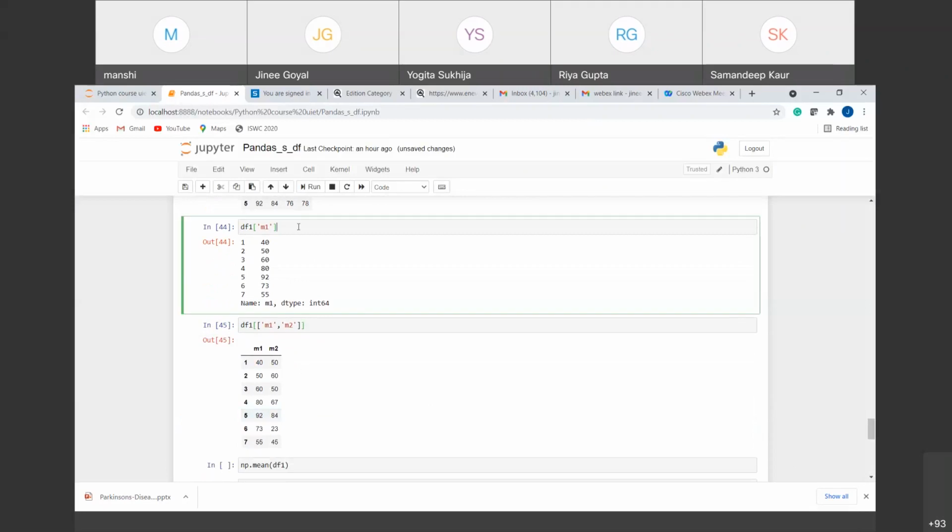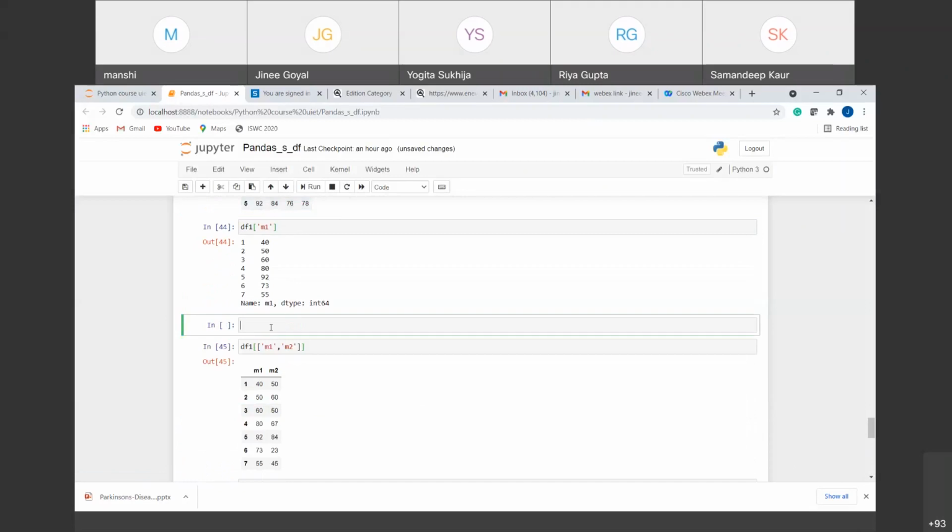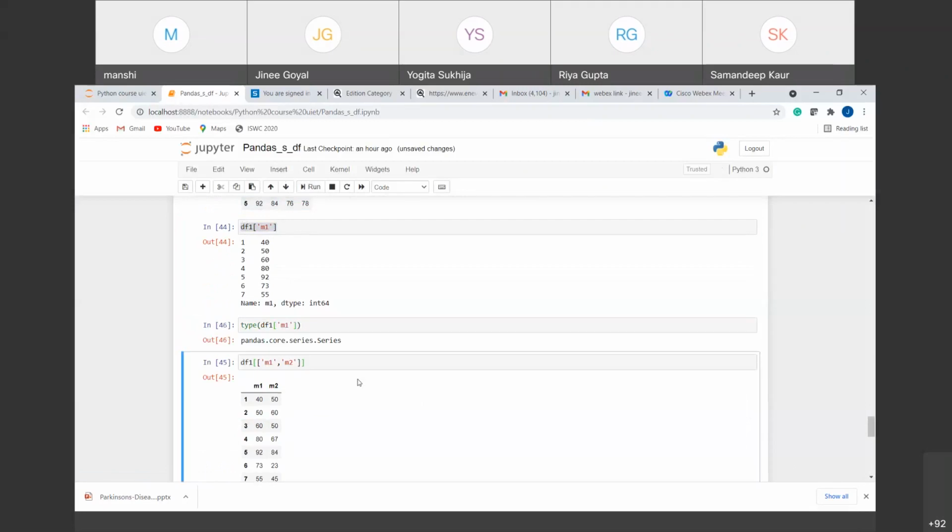Let me show you one more thing here. In the starting, I told you that a data frame consists of multiple series, right? A collection of series is known as a data frame.